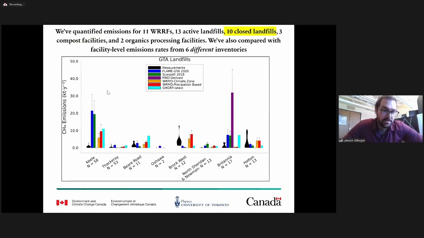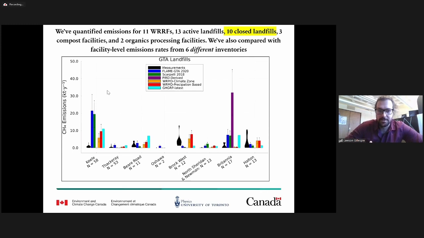And a key takeaway for us is that when we went to measure these closed landfills in the Greater Toronto Area, we found significantly smaller emissions than the inventories predicted, drastically so for the Keel Valley landfill, which is the first one shown on the left here. So if we were to go from a bottom-up accounting in our inventory of what the emissions were in the Flame GTA inventory to a measurement-based methodology, we would subtract about a third of Toronto's methane emissions just from this single facility. So this exercise was really eye-opening and important, and contradicts a number of recent studies from satellite measurements